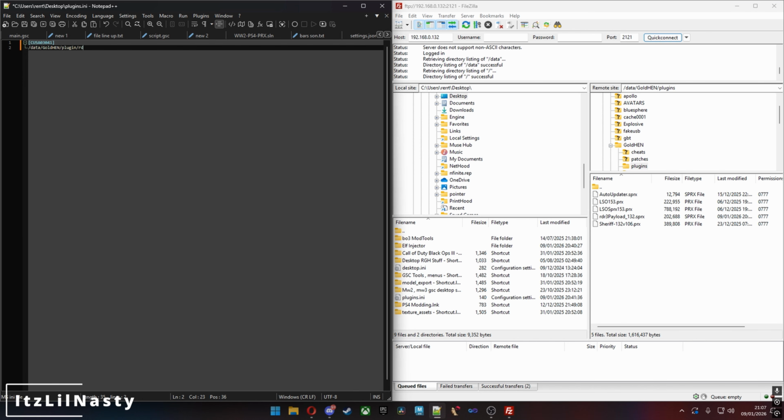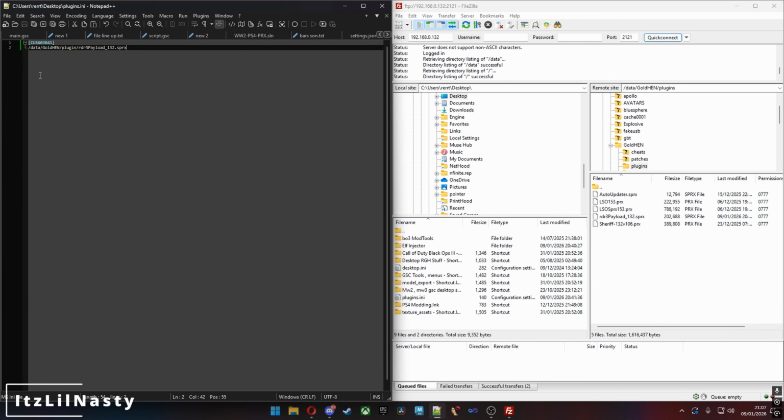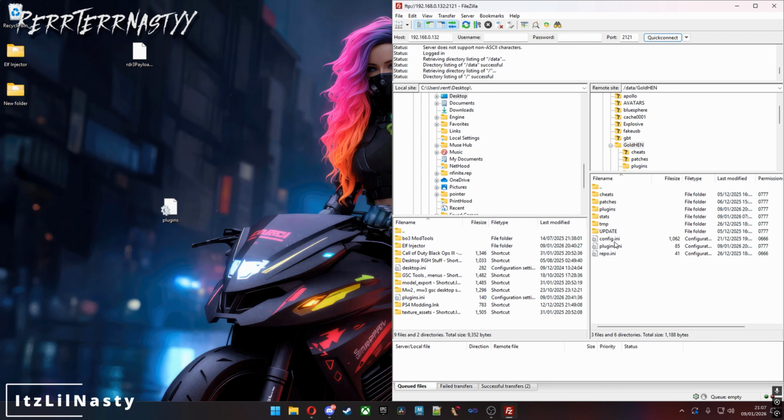So mine's RDR3 payload _132.sprx. What you want to do now is just file, save your plugins file, and you want to drop it